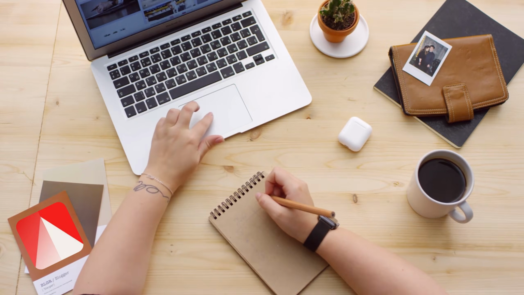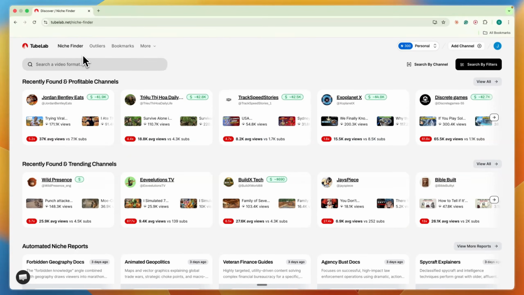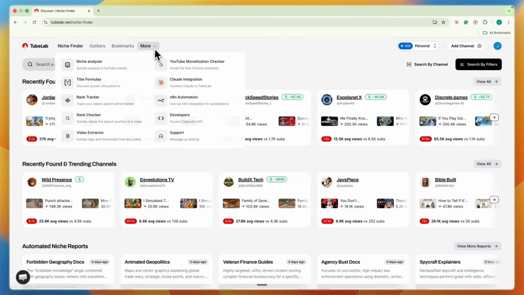So right here we have the TubeLab dashboard. Now you will see you have different tabs. You have the Niche Finder, which is the main thing we'll be covering in this video. They have Outliers, bookmarks, and under more you have some more features and even some AI automation features, for example a Claude integration, as well as an N8N automation that you can use for integrating with N8N. So keep in mind you do also have all of these features, but in this video I'm going to go